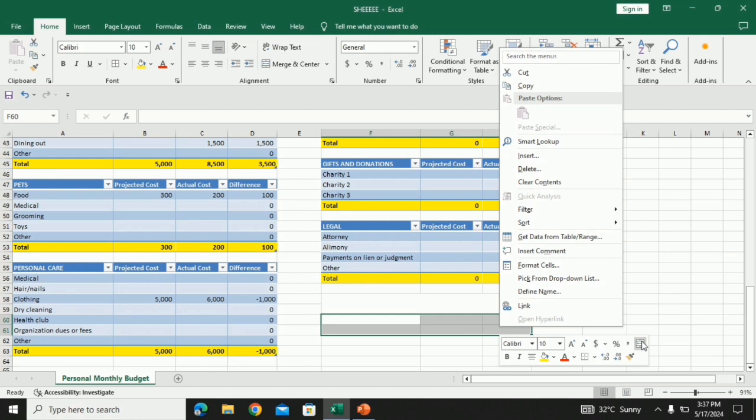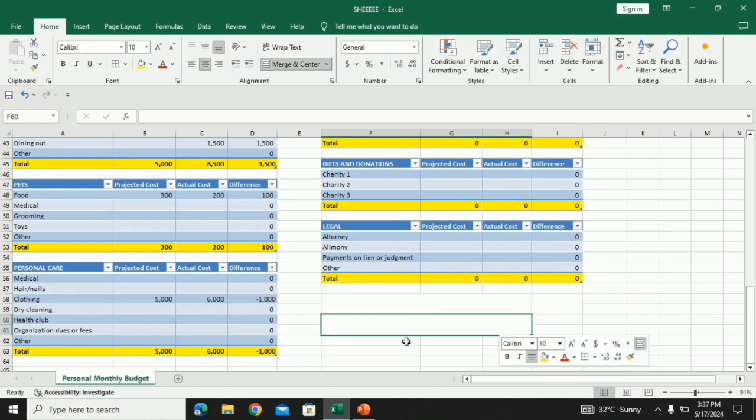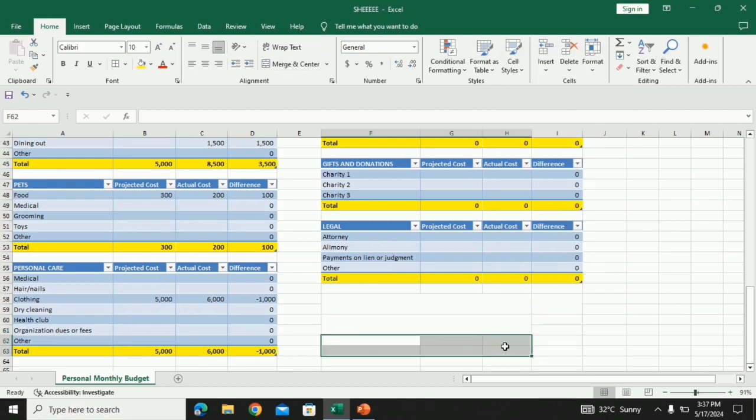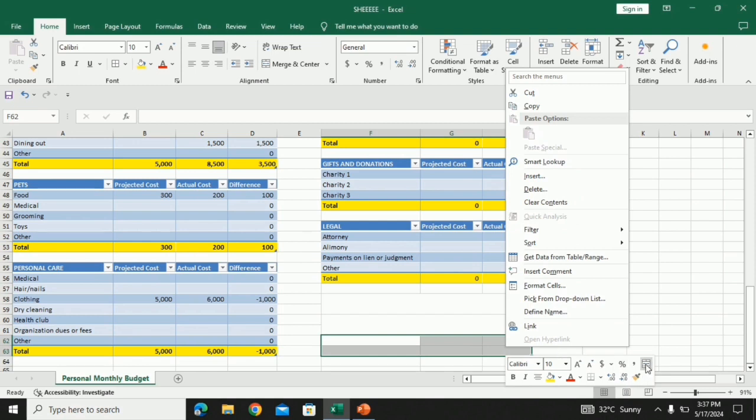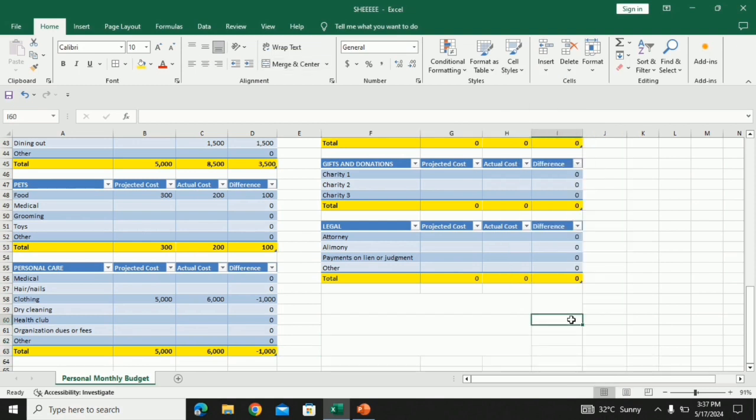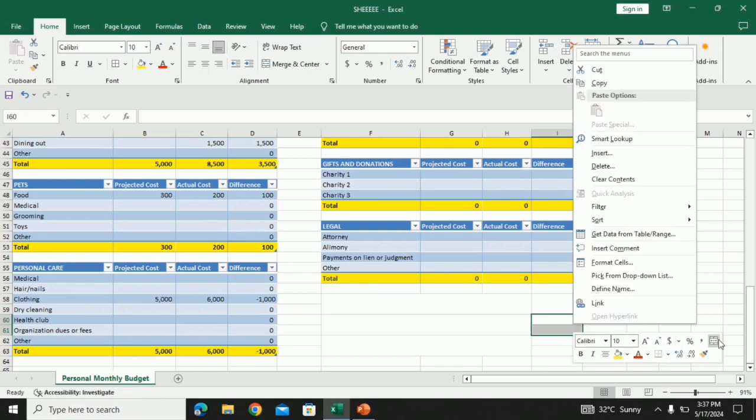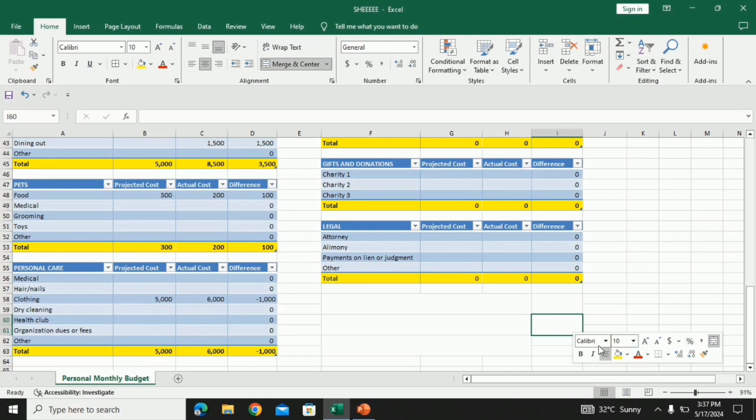And then after that, highlight the two and then merge them. Here, click merge and center.